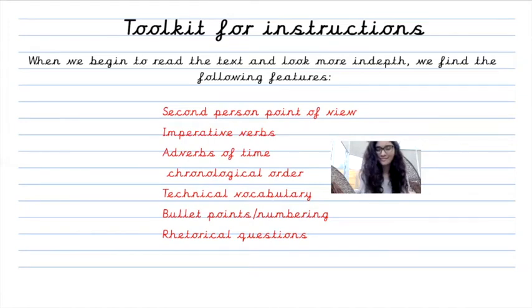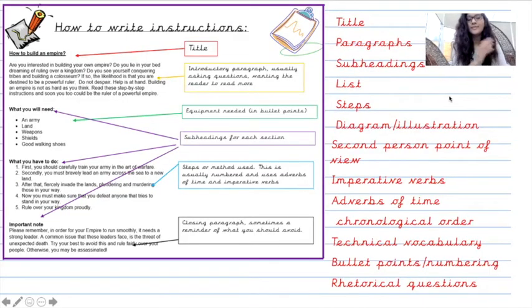Questions like that. So what I've done here for you is I've taken the text map and I've labelled the text map with different features. So I've got the title, the paragraphs, all the features that we've just talked about. I've then identified them in my text map, as you can see here. The different colours really help to see the different features I find.